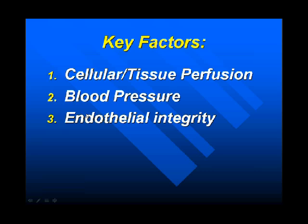Any rough edges could cause the aggregation of platelets. And platelets are another part of the blood, like red blood cells and white blood cells. But platelets are important in the clotting system, the clotting cascade. If platelets are impeded in their flow through the lumen of the blood vessel, if they get caught in a crack, in a crevice, they trigger a whole process that brings in more platelets and more cells, and eventually causes further damage, and could eventually block the blood vessel. So we don't